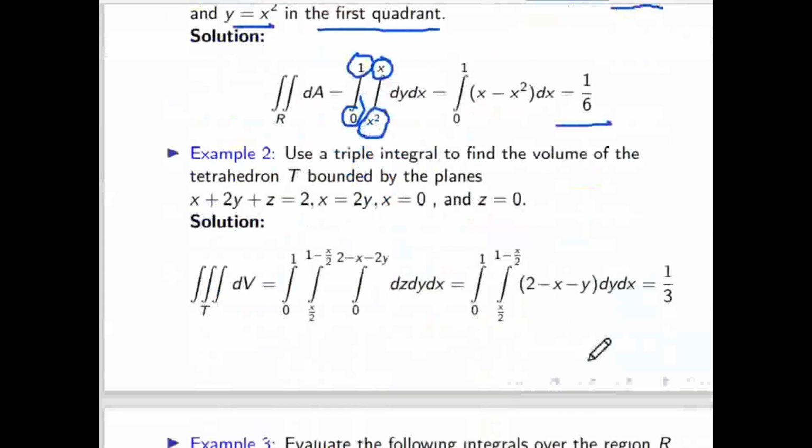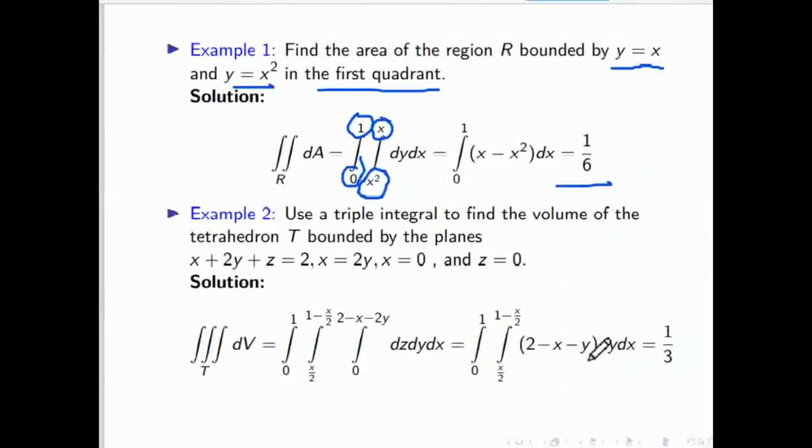Now we'll see this one. Here also we have to draw the picture, using the triple integration. That means we have to do the triple integration, and which order we have to use, we will see by drawing the picture first. And that picture is a 3-dimensional picture, not 2-dimensional. Once we get this picture, only then will we be able to find the limits. So now I will draw the picture of this region, and then we'll apply the limits. Here it is given x plus 2y plus z equal to 2. So what will it represent in 3D?